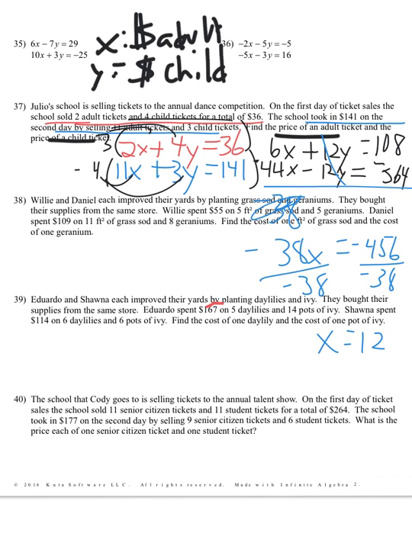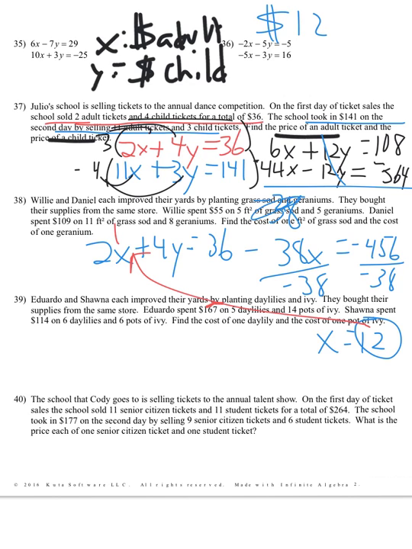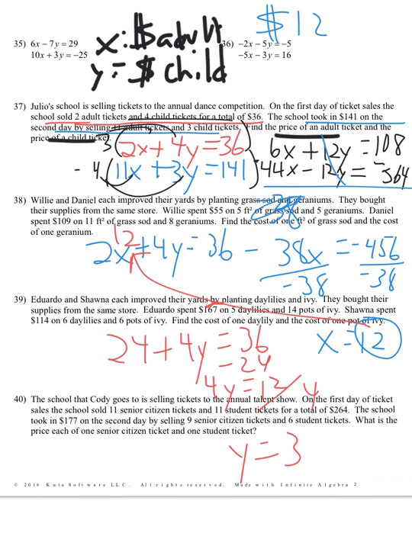So what did I just find? If I go back up to where I identified my variables, x is 12, so I know the cost of an adult ticket was $12. I got to go back and plug 12 in for x. So I'm going to do that into 2x plus 4y equals 36, and put 12 in for x right there. So if I do that, I get 24 plus 4y is equal to 36. Subtract my 24, so 4y is 12, divide by 4, so y is 3, and y was the cost of a child ticket, so the cost of a child ticket was